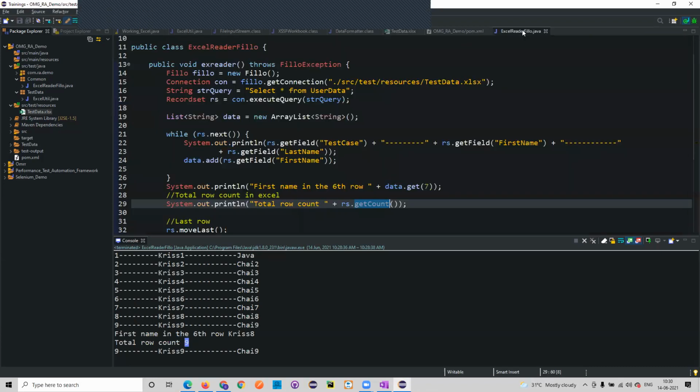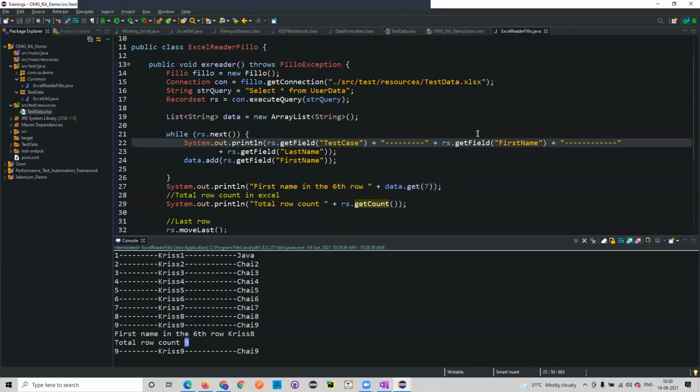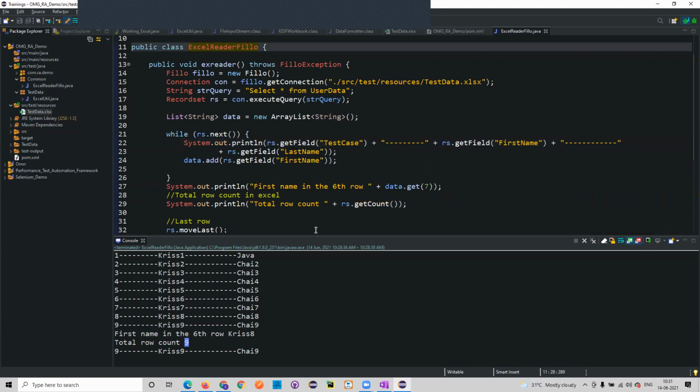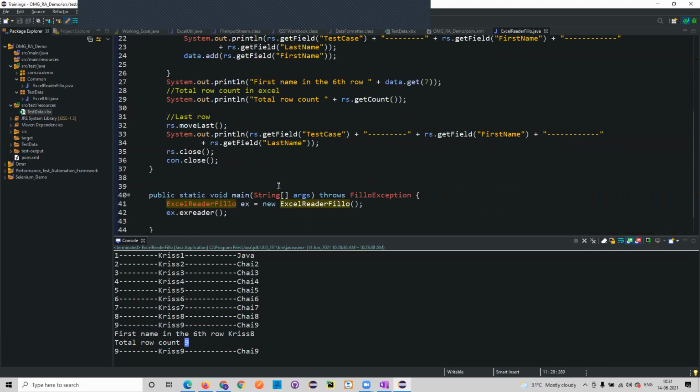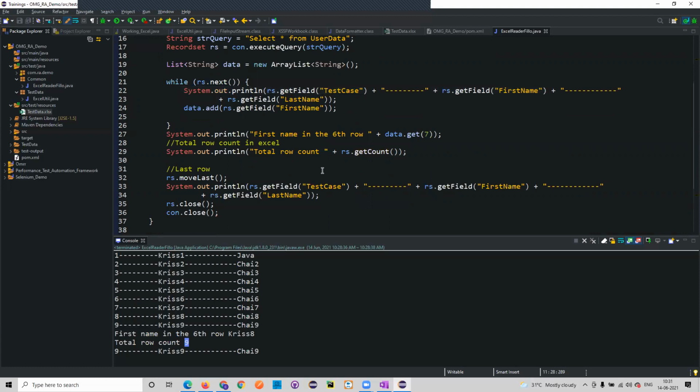Now if you see here, how easy it is to get the cell data and print all the values, either in order or not in order. We can get either a single value or all the values from that particular sheet, and then we can use it. So this is how the Fillo file will be used. Here, just for explanation, we have written the code directly, not in reusable functions. All these things can also be written into reusable functions, and then taken and printed out.